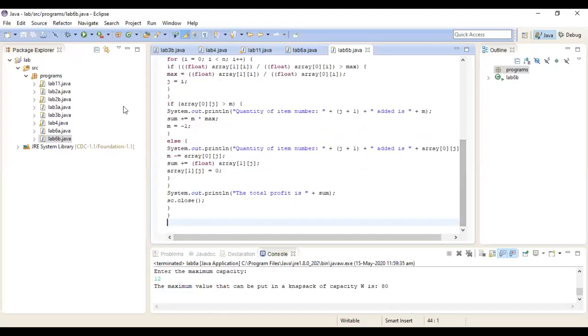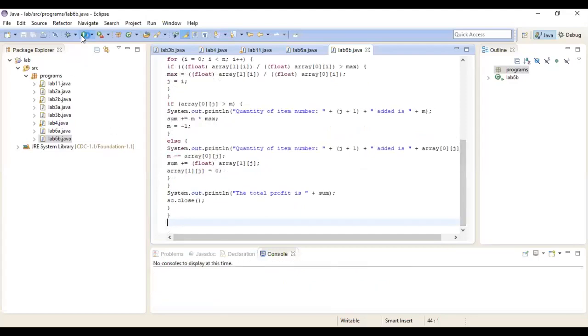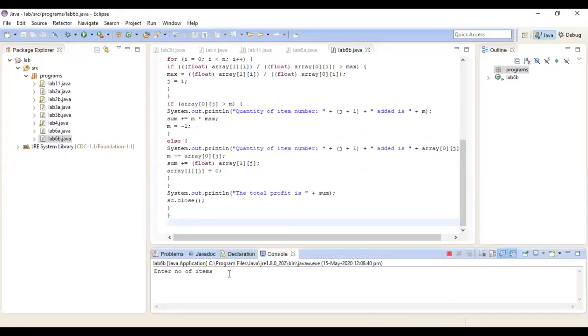Now coming to the execution part. The number of elements, let it be 4. Weight of each element 2, 4, 6 and 8. Value of each element 10, 20, 30, and then the maximum capacity is 12.